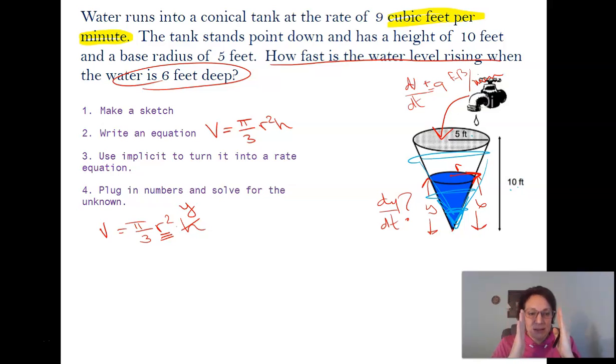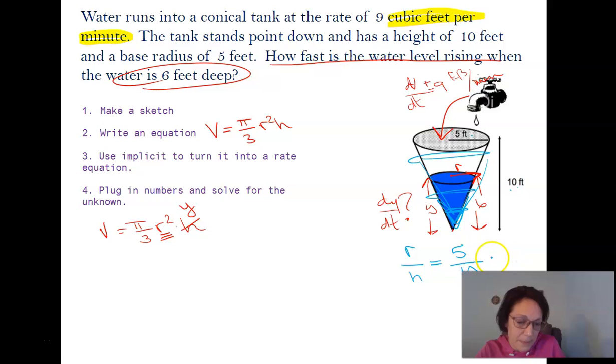That the radius and the height are going to have the same proportion. That proportion is going to stay constant. Okay, so look what I know. If I write a proportion of radius of the tank to height of the tank, that's going to match the radius of the cone to the height of the cone. Well, the radius of the whole tank is 5, and the height of the whole tank